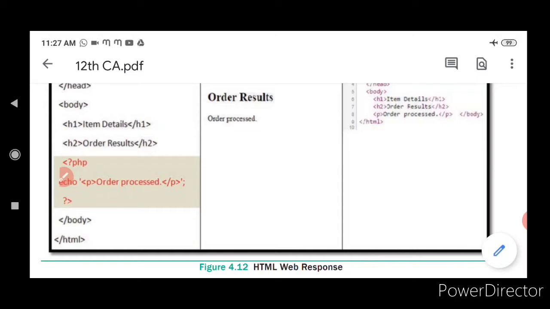What is it actually? It is a scripting language and it is used on the server side, isn't it? And what is the language that is used on our client side? It is going to be JavaScript, HTML, isn't it? Yes? Fine. How do we include our PHP in HTML?